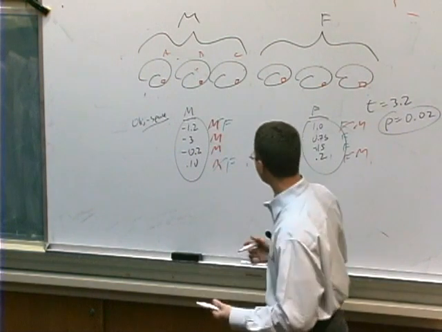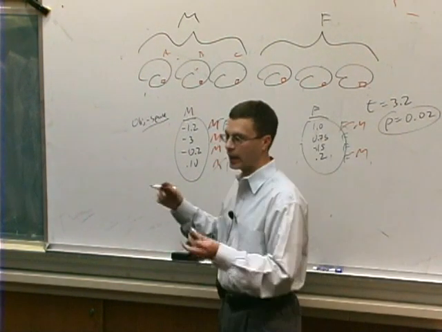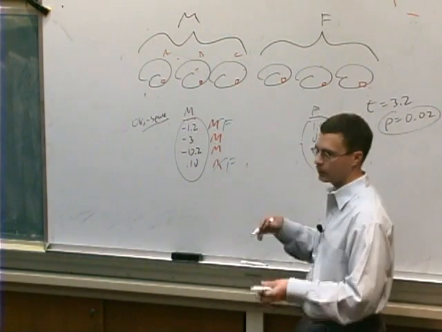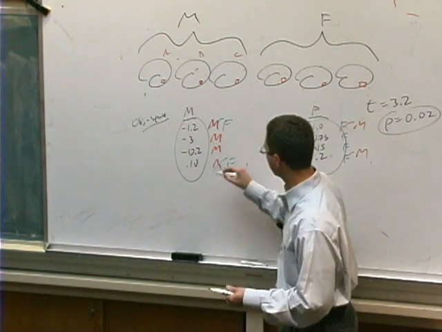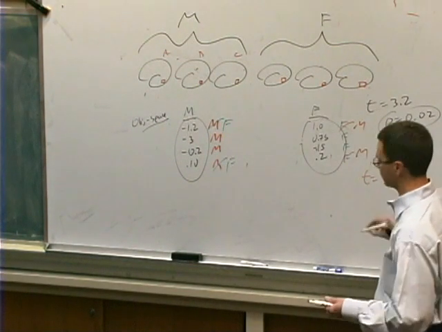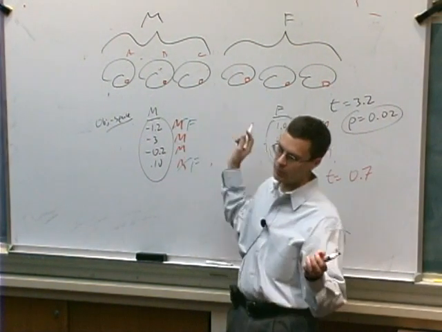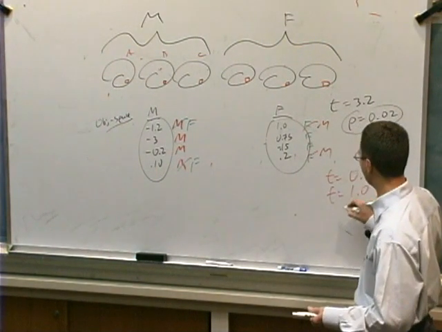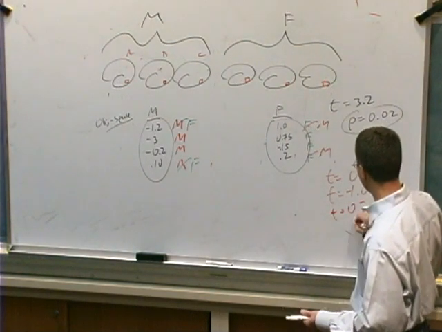Okay. So what you can do then is you can say, well, let's pretend actually that this first subject I scanned was not actually a guy, but was in fact a girl. All right, and let's pretend that this fifth subject I scanned was not actually a woman, but was in fact a guy. So if I change those labels around and calculate the t-statistic again, this time I come up with t equals 0.7. Okay? And I say, well, let's try a different ordering. Let's say, well, maybe this one was a guy and that one was a girl. You change all the labels around again, and you calculate it again. And this time, the t-value comes out to 1.0, or negative 1.0. And you do it again, and this time the t-value equals 0.2, and so on and so forth.